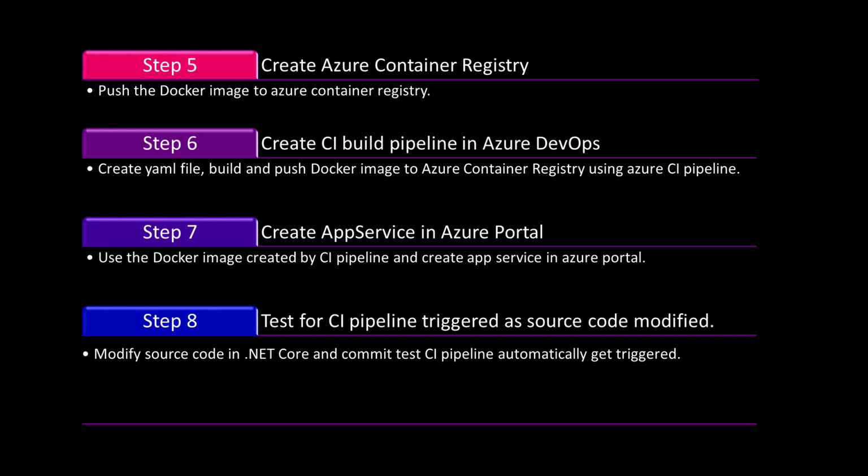After creating the CI pipeline, we will create an App Service, and in that App Service we go to the container settings. We will set it as an Azure container and select the image we built through the CI pipeline. Afterwards, we will test that it's working. If it's working fine, then our CI/CD using Azure Container Registry will be completed. So let us do that.